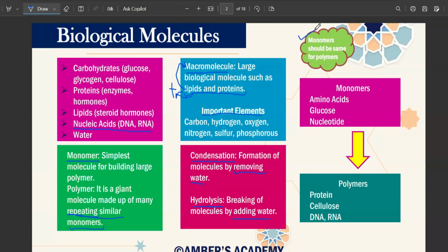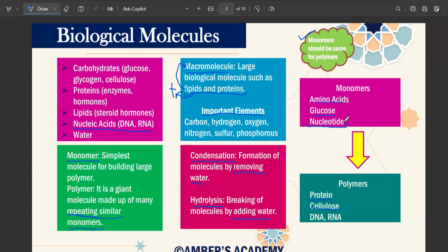So again, this is an important thing that you have to remember: polymers should be made up of the same monomers. So the monomers, amino acids, when lots of amino acids combine, they form a protein. Similarly, when various glucose molecules combine, they form cellulose. And for nucleotides, we are not going to study their structure in this chapter. We'll do nucleotides in chapter 5. But for now, just understand that DNA and RNA, the nucleic acids, are made up of